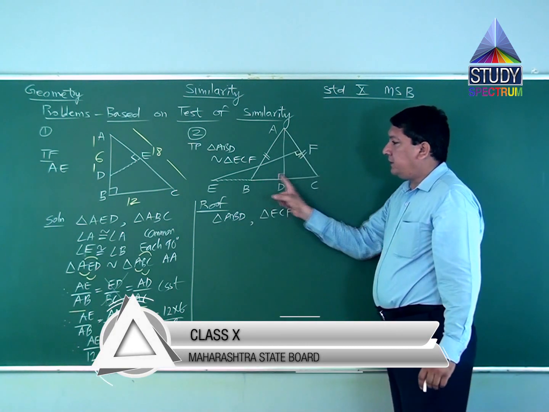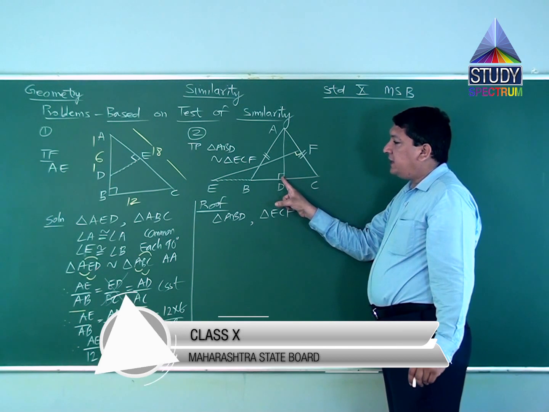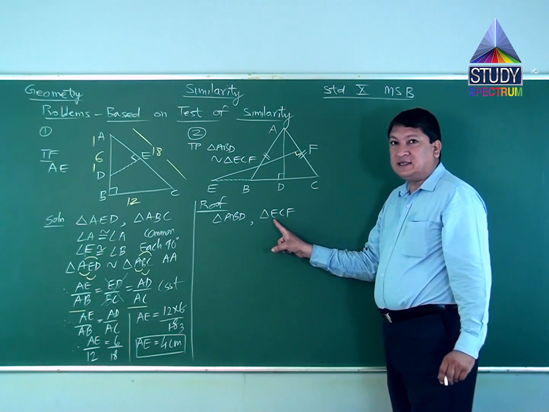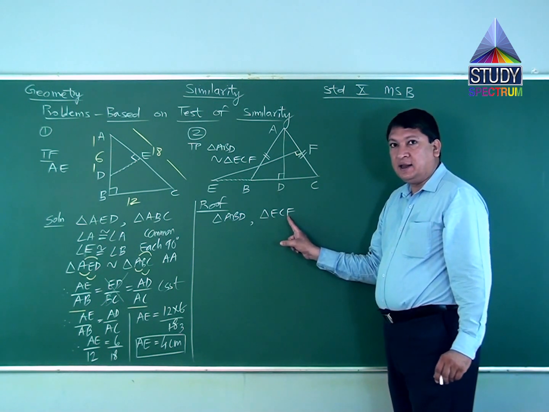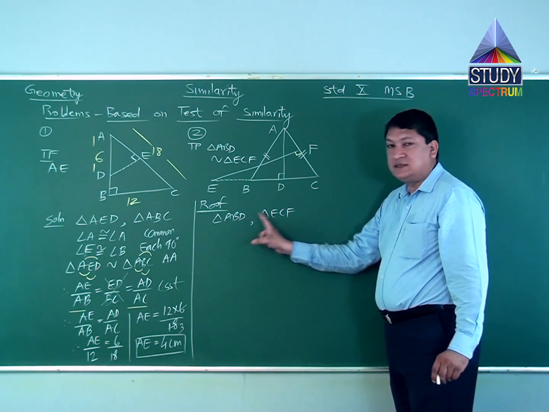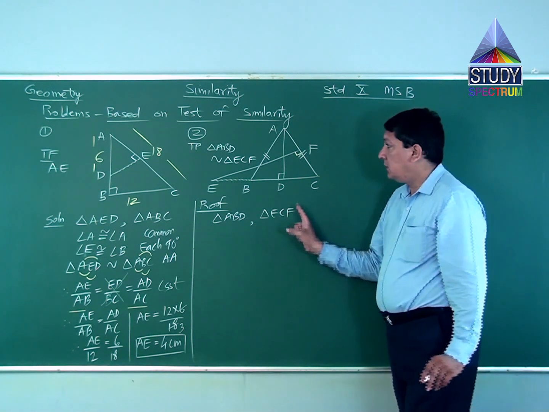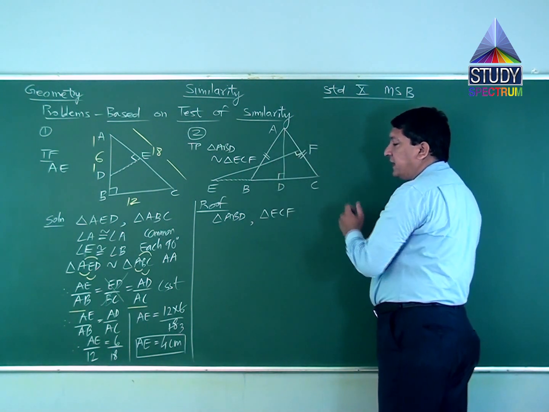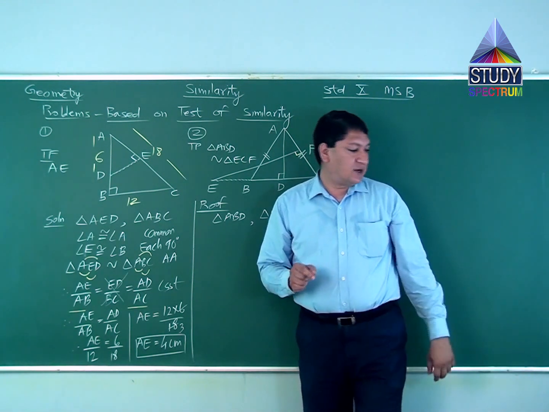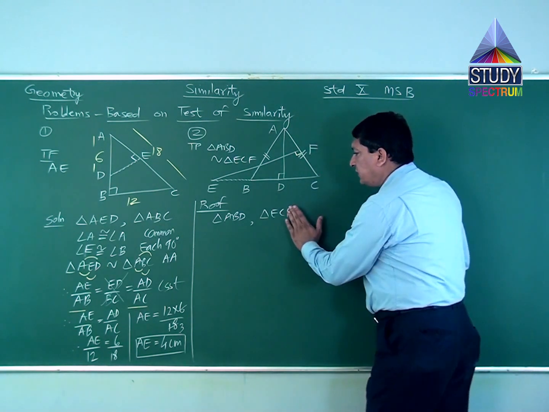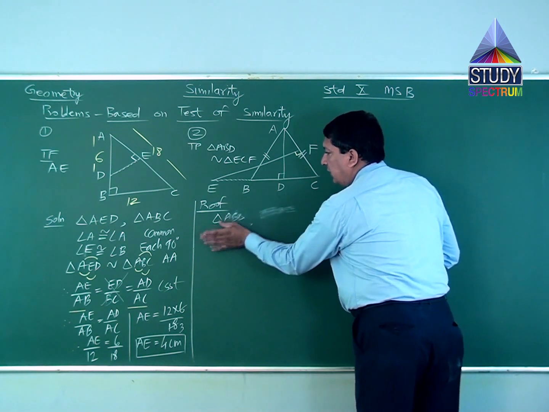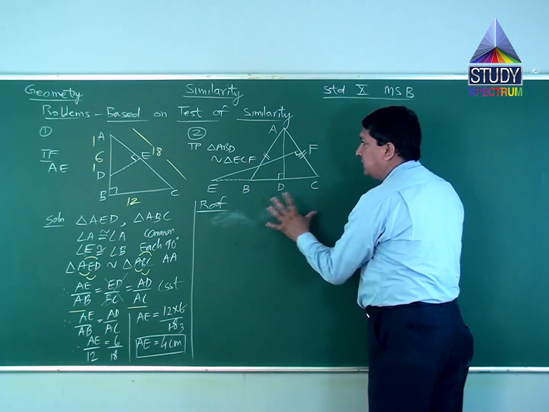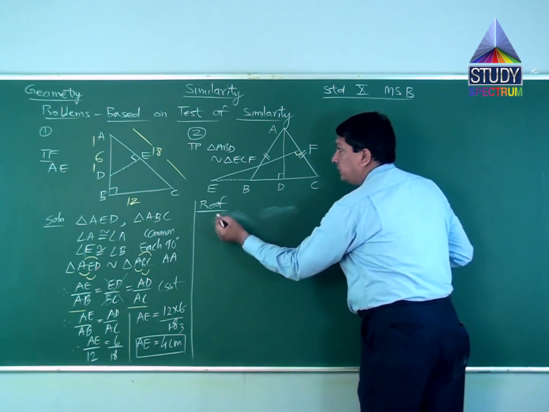Now in triangle ABD, angle D is 90 degree, D is in the last position. In triangle ECF, angle F is 90 degree, F is in the last position. Both angles are 90 degree. One reason we have got. For the second one, we know that side AB is congruent to side AC. This is known to us. So first we'll get base angles congruent, first we'll get the answer for base angles, so I'll write down that first.